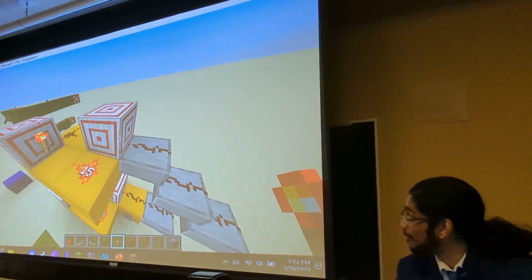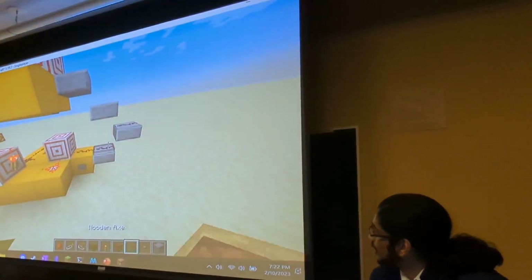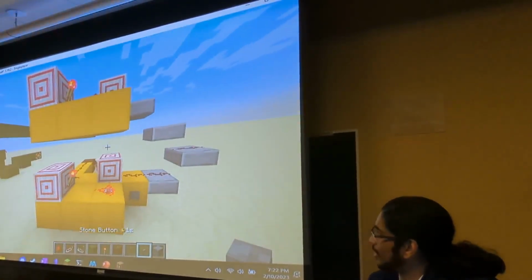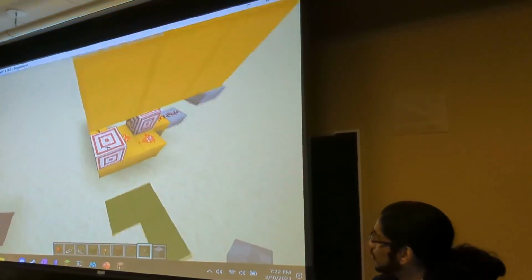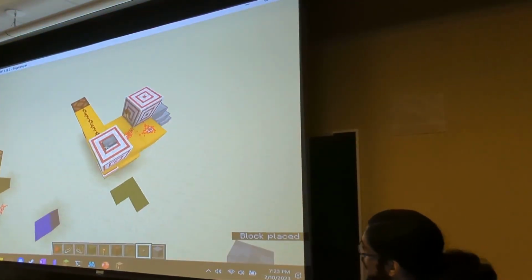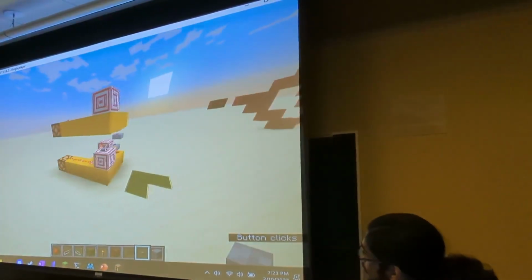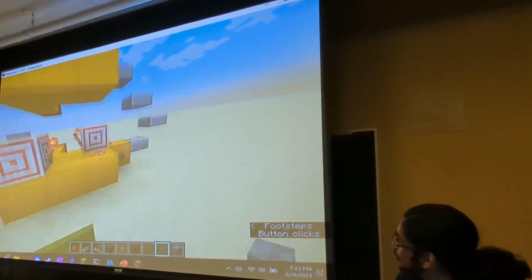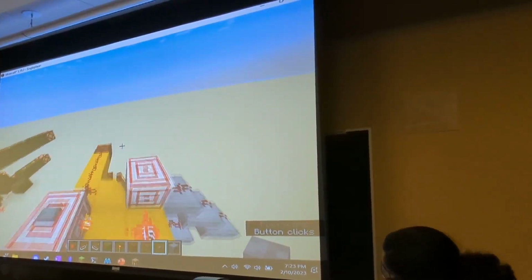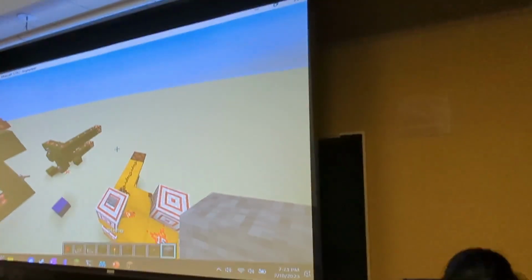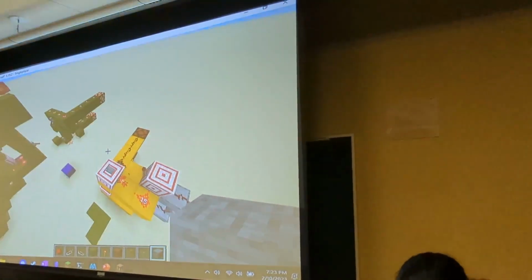So what I've got here is just two SR latches on top of each other with their resets linked together here through the slab tower, right? So if I were to set both of these guys like that, right? We get an output of 1-1 on these lamps, and then I hit the reset, and then we reset both of them. Okay. So let's take a look at how we can